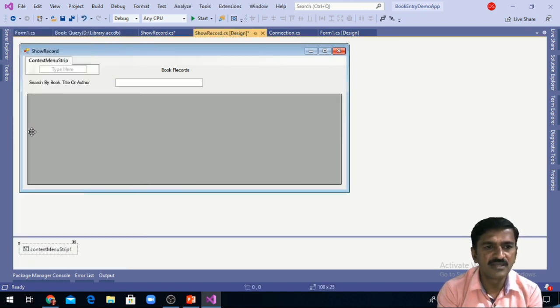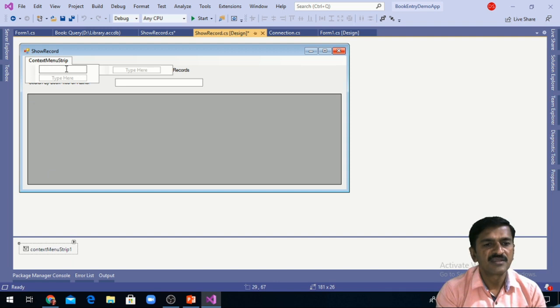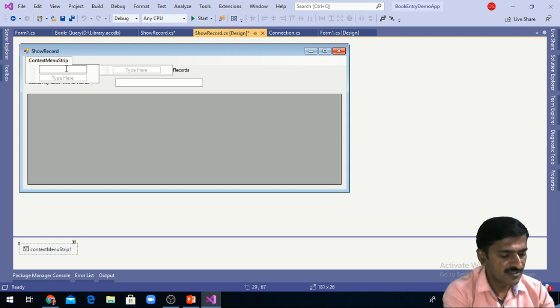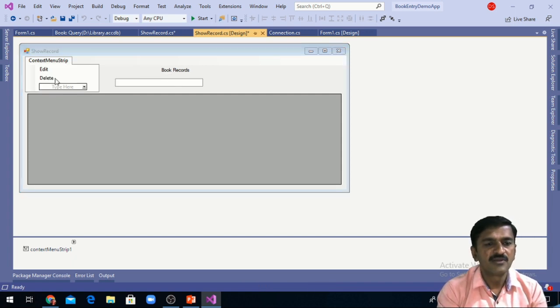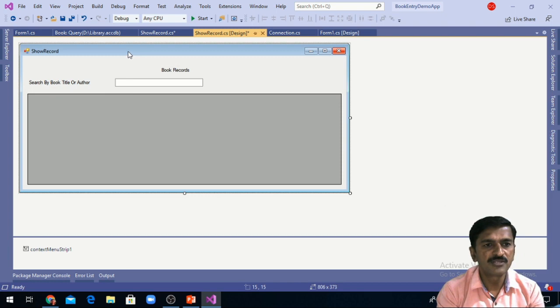Once I design this, I can find it in the status bar. I am specifying the options here as edit, and the second option is delete. I want to display this context menu once the user right clicks on this data grid view.